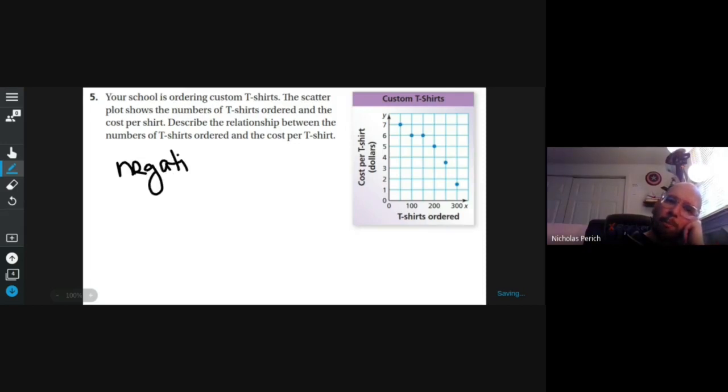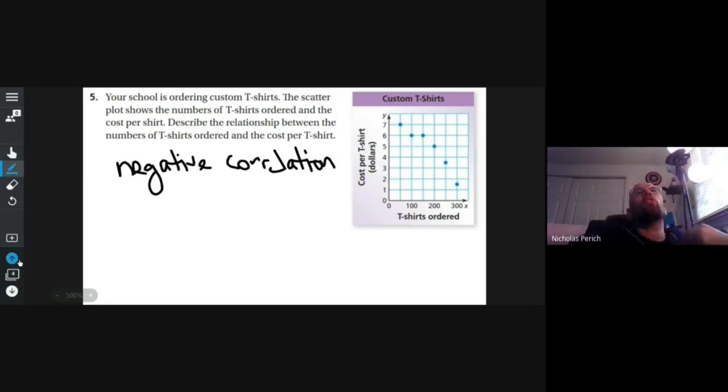Negative correlation. A correlation or a negative correlation is when your dots go down and to the right. But I want to do better than that. This is a real life problem. So I don't want to just be like negative correlation. It seems that, according to this, the more shirts I order, as the number of t-shirts ordered increases, the cost per t-shirt decreases. So what I will say